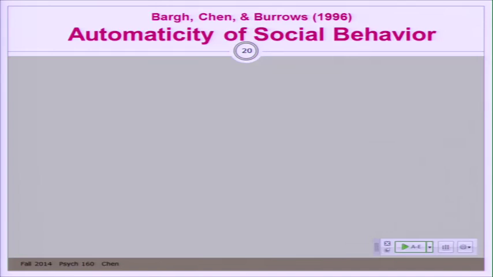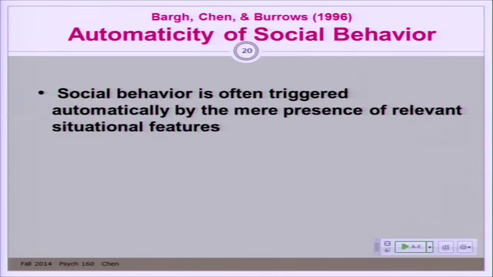In the 1990s, John Bargh and his graduate students had this modern version of the argument that behavior can often occur automatically. And now we're in the language of automatic versus controlled. Forwarding two decades, they wanted to argue that social behavior, just like our judgments, our impressions, our interpretations of social stimuli, can be influenced by schemas that are triggered by the environment, so too can our social behavior be triggered by cues in the environment, okay?